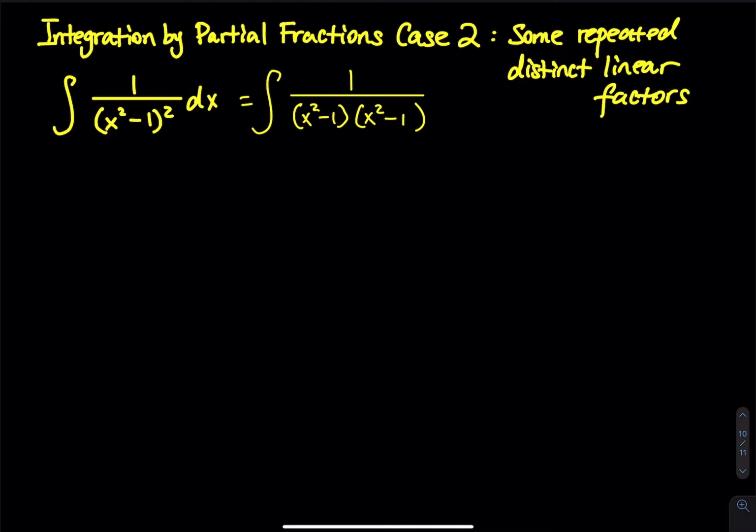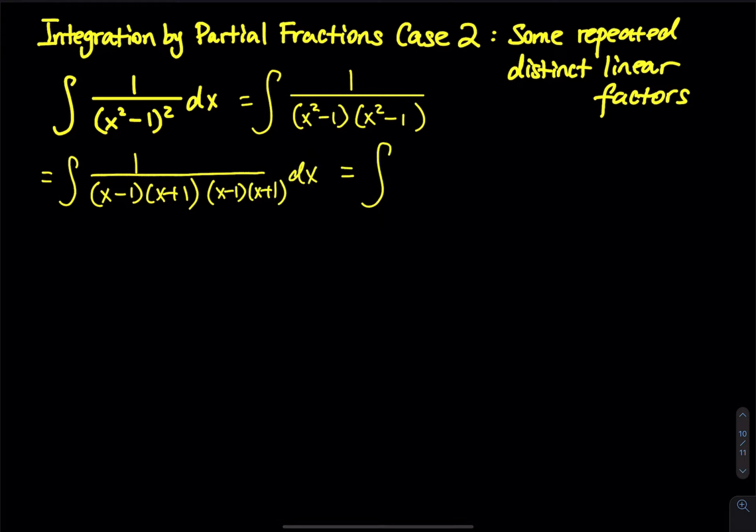So let's do it. First of all, I put the square: x squared minus 1 times itself. And then each x squared minus 1 we can factor into two distinct linear factors. X squared minus 1 is equal to x minus 1 times x plus 1. This is for one x squared minus 1. What if that is x squared plus 1? Then it cannot be factored. If that is x squared plus 1, that belongs to another case, which we are going to discuss next. And then the second x squared minus 1 gives you two more linear factors,